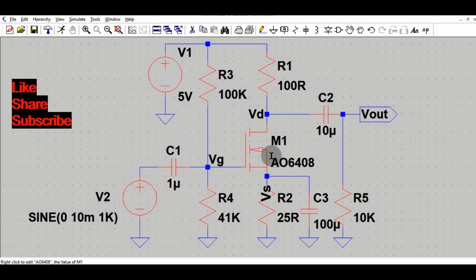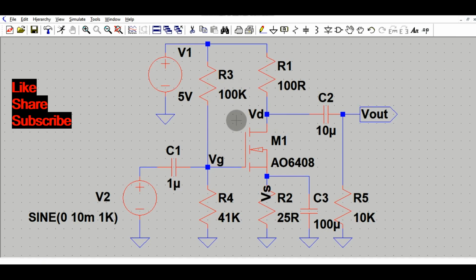So we will understand the dot OP analysis. You can see at this point here, this is a SPICE directive. That means you have to run the operating point analysis, the DC operating point analysis, for this circuit, right? So this is basically a common source amplifier.